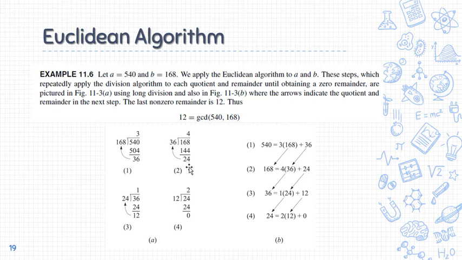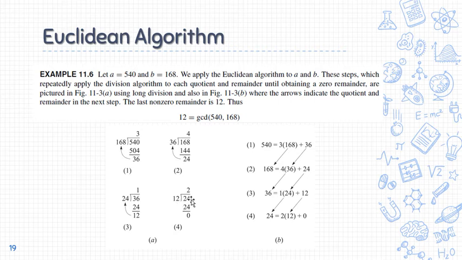Now, let's repeat the process ra gihapon. So again, si 36 man atong gi-dividean, so ato siyang gibutang diri sa sulod, and then the remainder atong gi-divide sa iya, which is 24. Okay. So, we perform the division again, and then we find na ang answer is 1 with a remainder 12. So, kaning 12, ato na pong utrohon na pod. Kanina pod si 24, ato na pong gidividean sa iyang remainder sa previous nga step, which is 12.